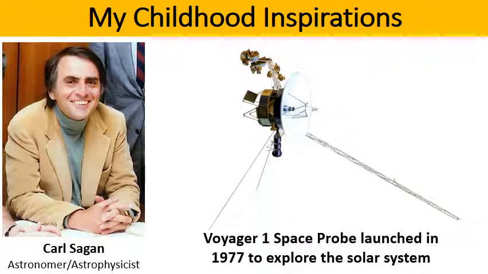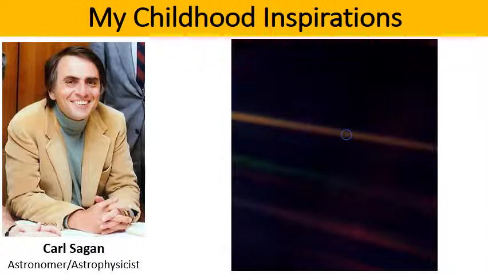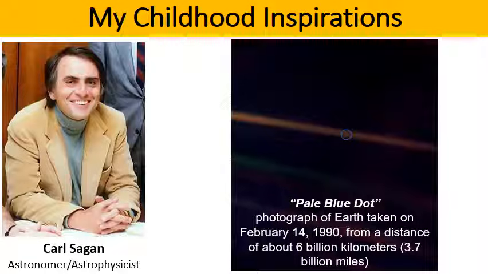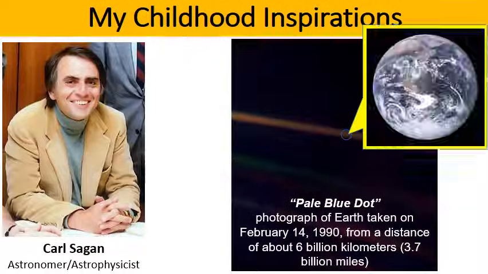And if I can finish with this, the Voyager 1 space probe, if you're familiar with this. In 1977, NASA launched Voyager 1 and Voyager 2 probes to explore the solar system. And in 1990, this picture right here was taken by Voyager 1, and this picture has been titled The Pale Blue Dot. Past Neptune, at a distance of about 6 billion kilometers from Earth, Voyager 1 took a photograph of Earth. You can see that little tiny blue pixel right there. That's the planet Earth at an incredibly far distance.